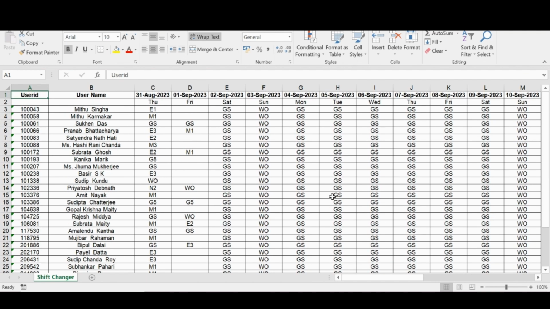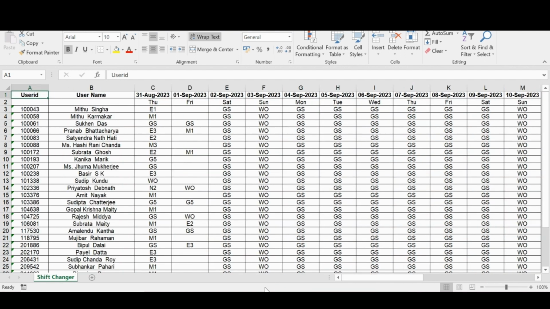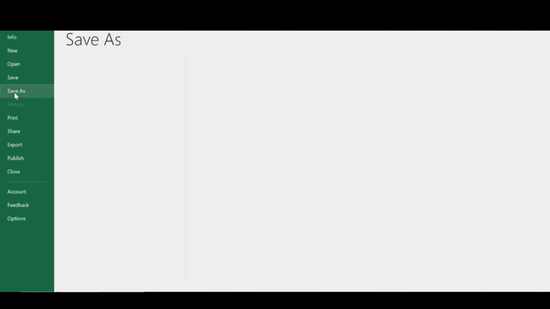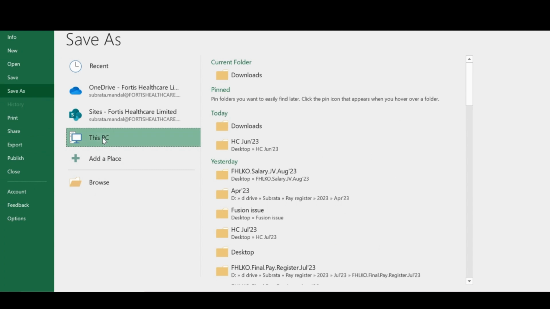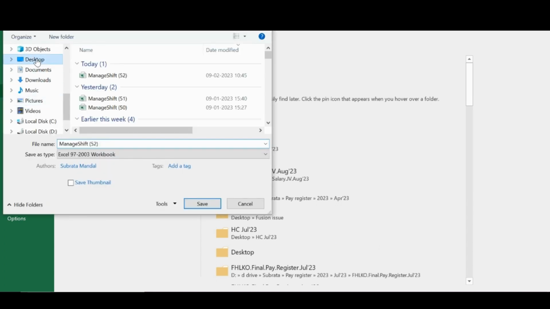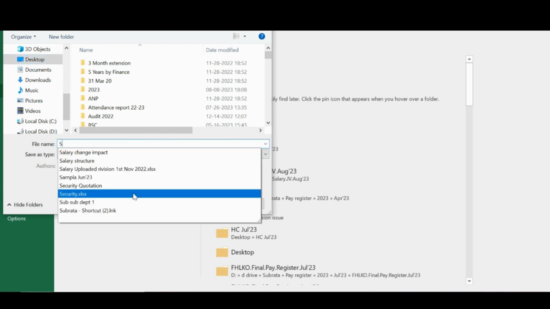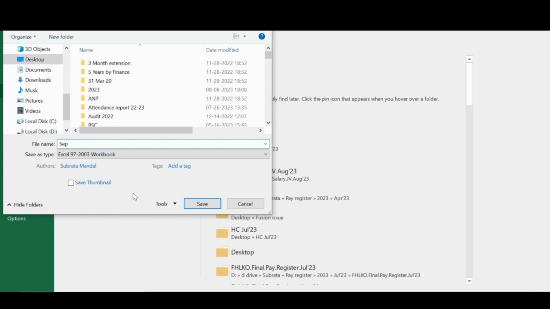Now we'll save the file. Go to file, save as, this PC. So I am saving the file in the desktop, so I select desktop, file name September duty roster,